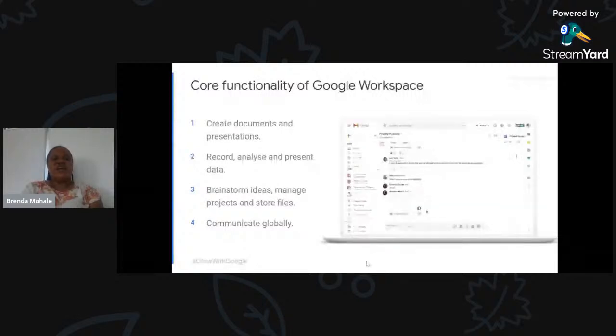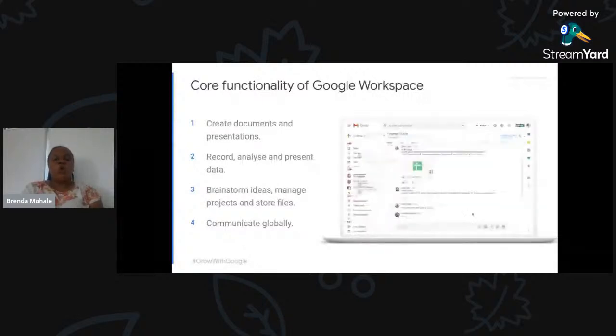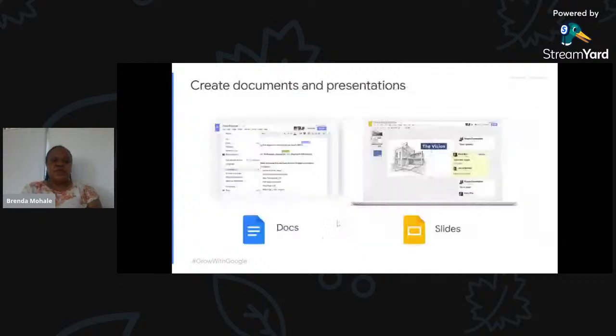These are the core functions of Google Workspace. So how do you create a document and presentation when you are using Google